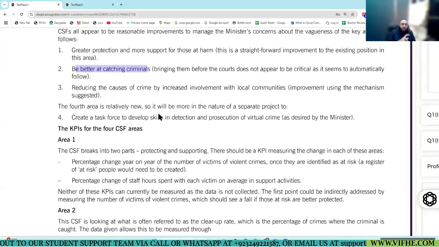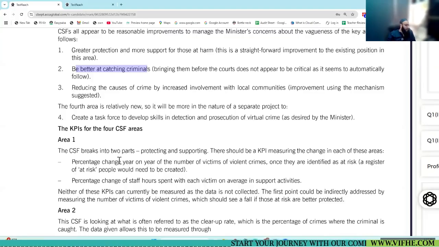Yes, there was a robbery incident and all, but the criminals ran. So remember, solution doesn't mean criminals will be caught. Yes, if you do catch the criminals, that's perfect. But solution of crime doesn't mean that criminals are always caught. They might be, they might not be. Okay? But if you bring them before the court, that is where you caught them.